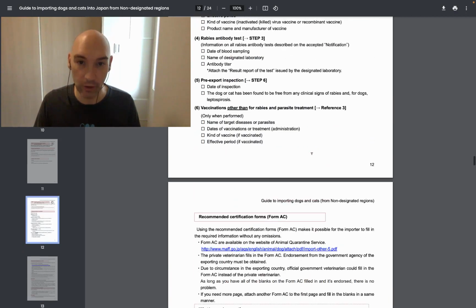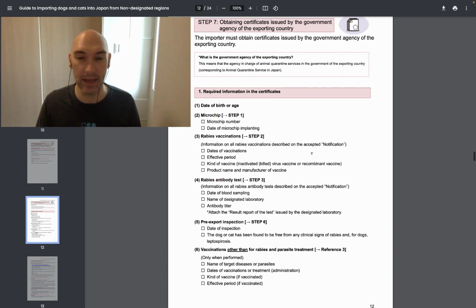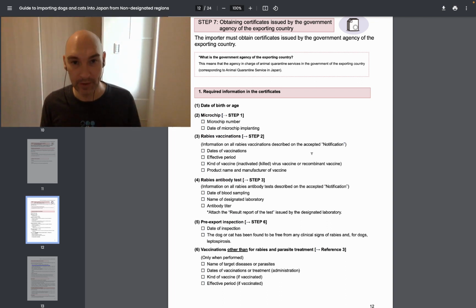So this step should go pretty easily as long as your vet is able to log in to the APHIS website. And then what they would do, I believe, is scan everything and get it all nice and in order, and then send it on off to them. Two things I'm just going to mention here. So the number one is